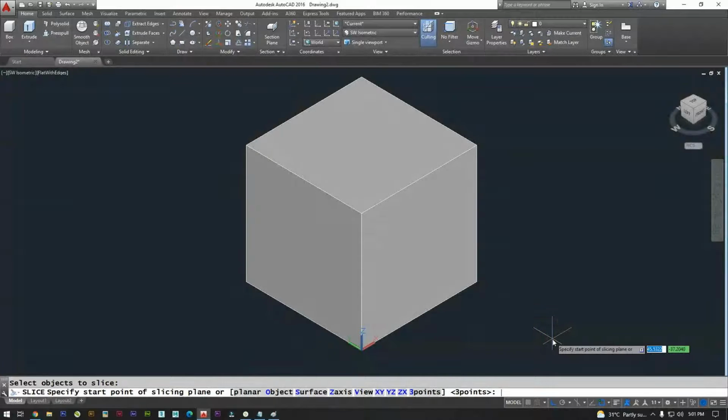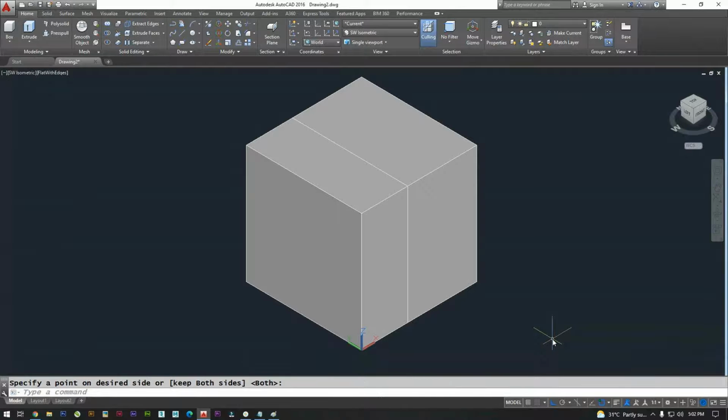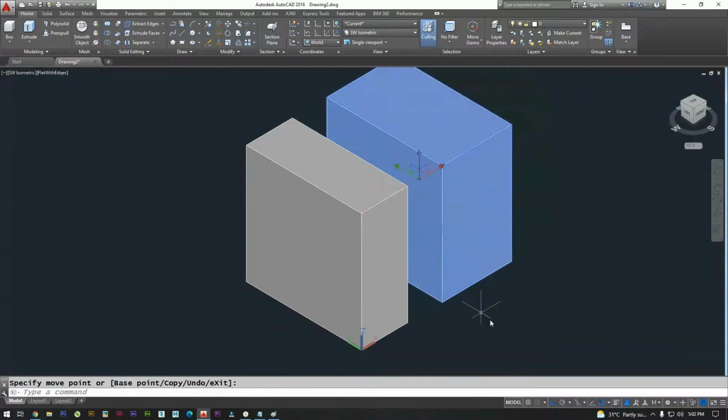If I want to cut in the X plane, I need to specify YZ. So I'll give YZ, enter. Now I'll give the value. The X value I'll give 20, comma, and Y and Z will remain constant, 0, 0. You can see this is cut individually.